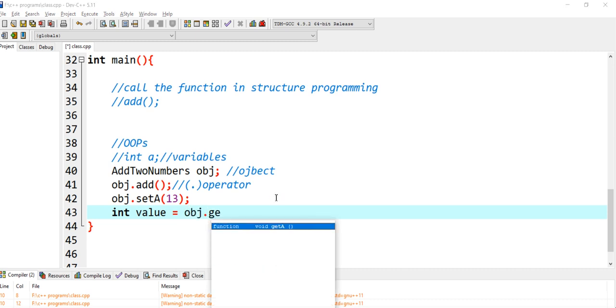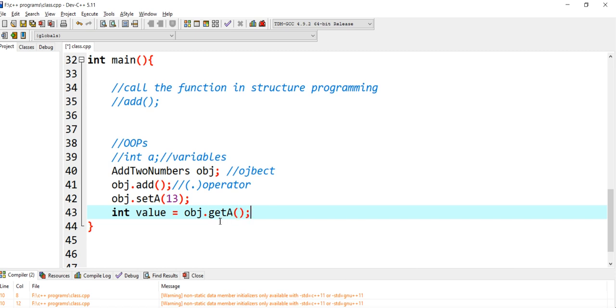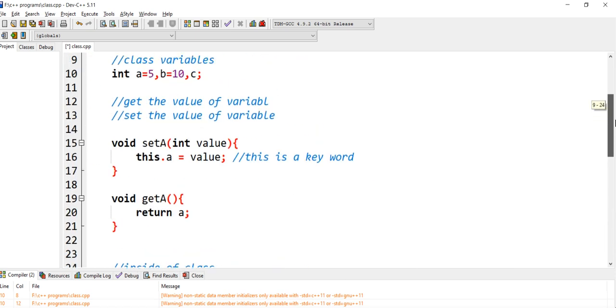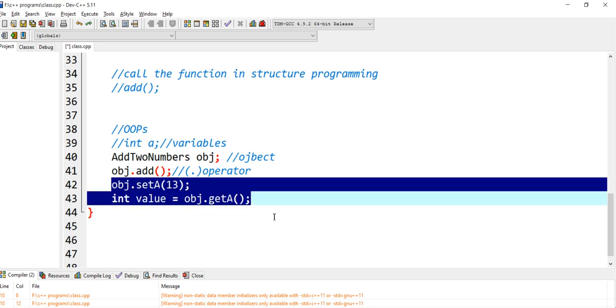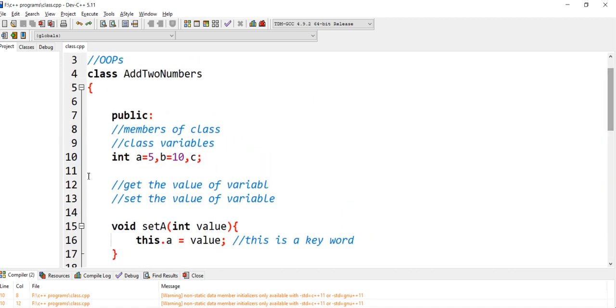Object dot get a is going to call this function, and get a is going to access the value of a and return it. The value of a is 5, so it is going to return 5, and this value is going to initialize this variable. So this is what we term getter and setter. By using these getter and setter functions, we can access these variables inside a class.